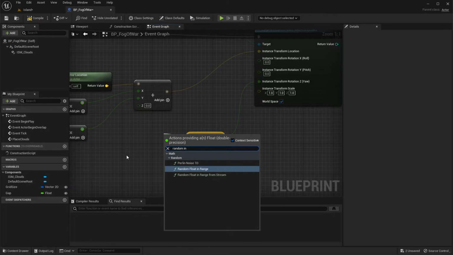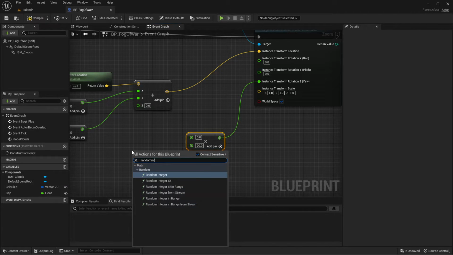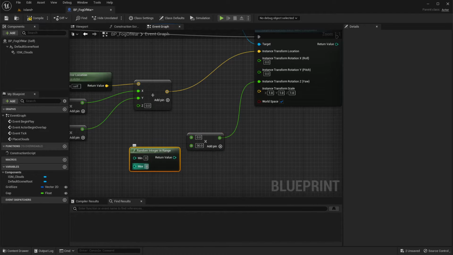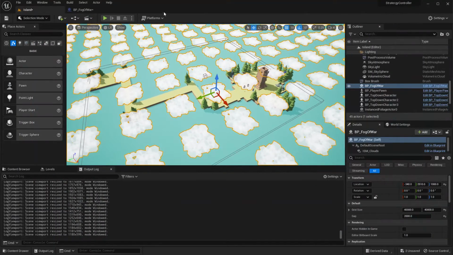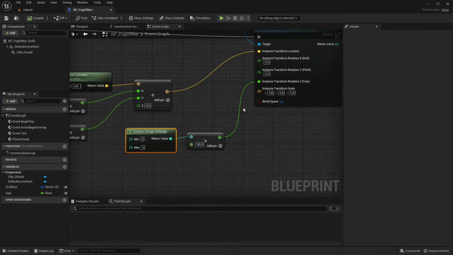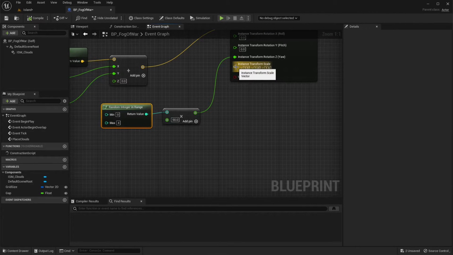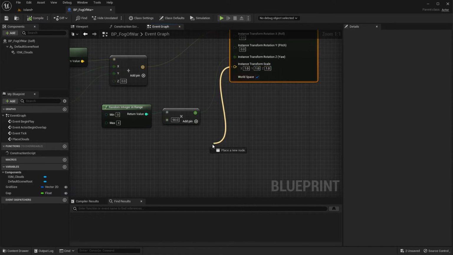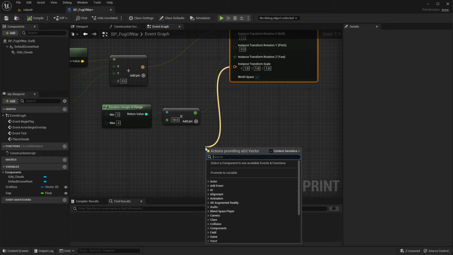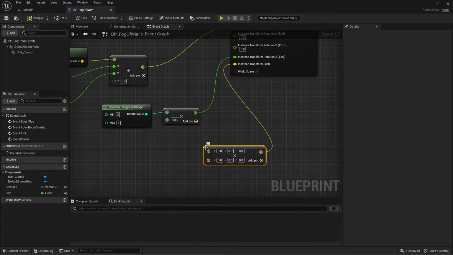So here random int, let's have a random int in range, so between 0 and 4 inclusive. Now we would have clouds with different degrees of multiplications of 90 and the scale. So here let's add a multiplier